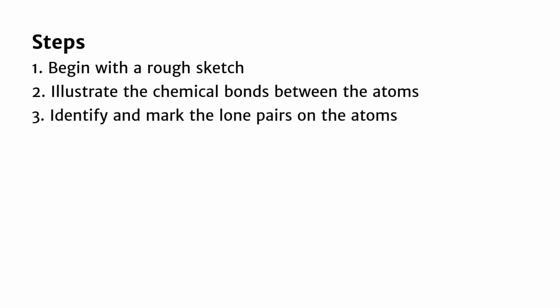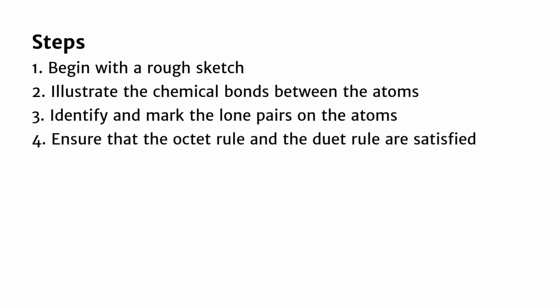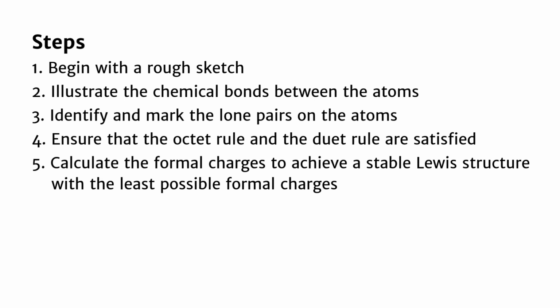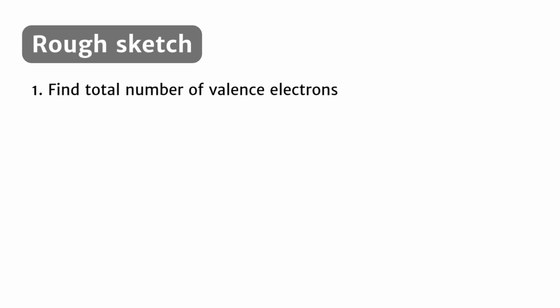In the third step, we'll determine how many lone pairs each atom has and mark them accordingly. Then, we'll verify whether the octet rule or duet rule is satisfied for the atoms. Finally, we'll calculate the formal charges for each atom and aim to achieve a stable Lewis structure with the smallest possible formal charges. To draw a rough sketch of C2H2, we first need to calculate the total number of valence